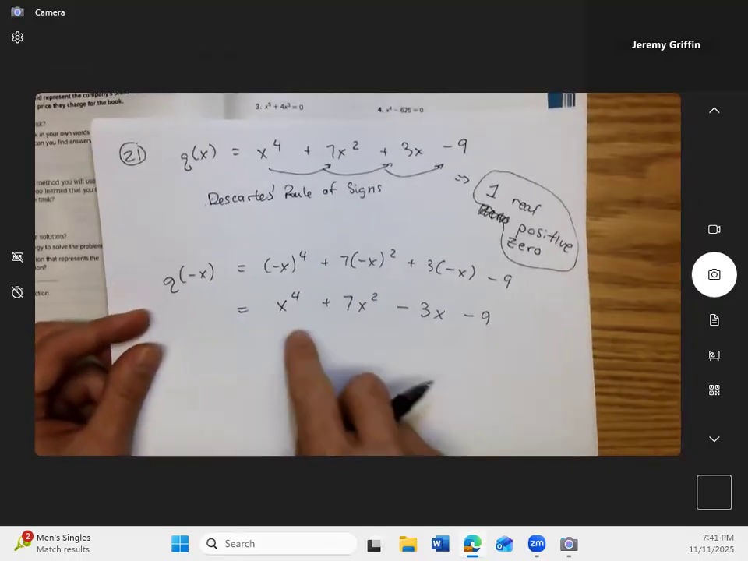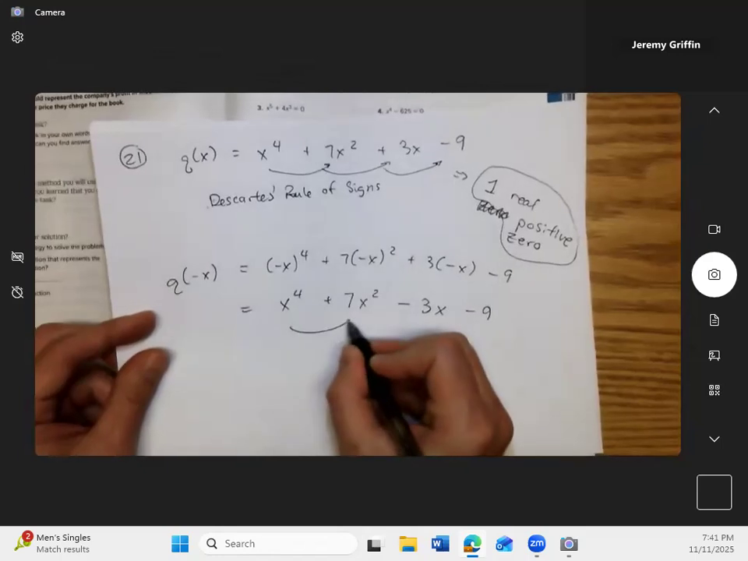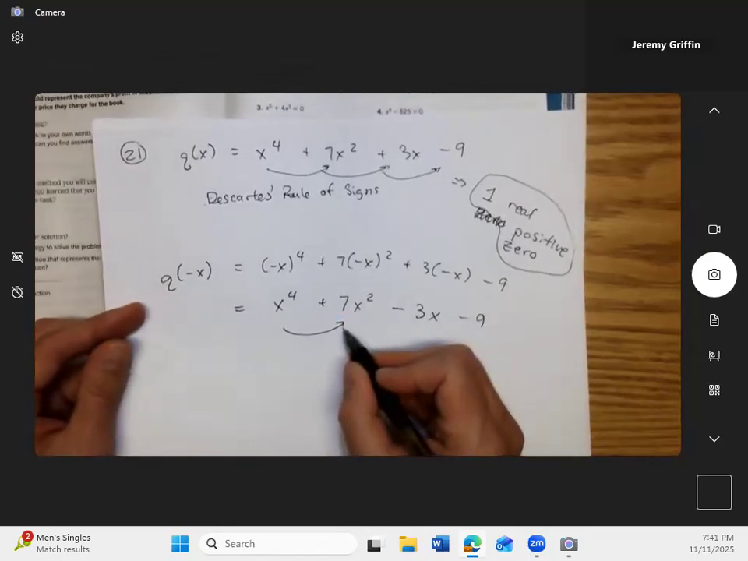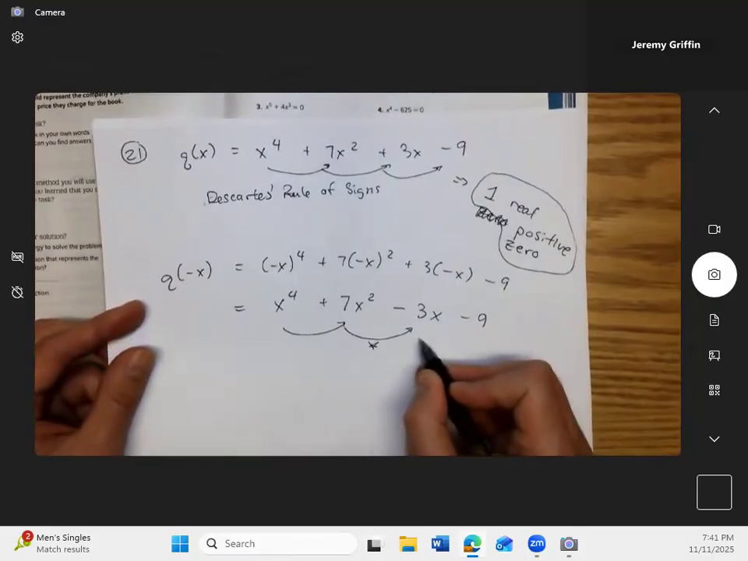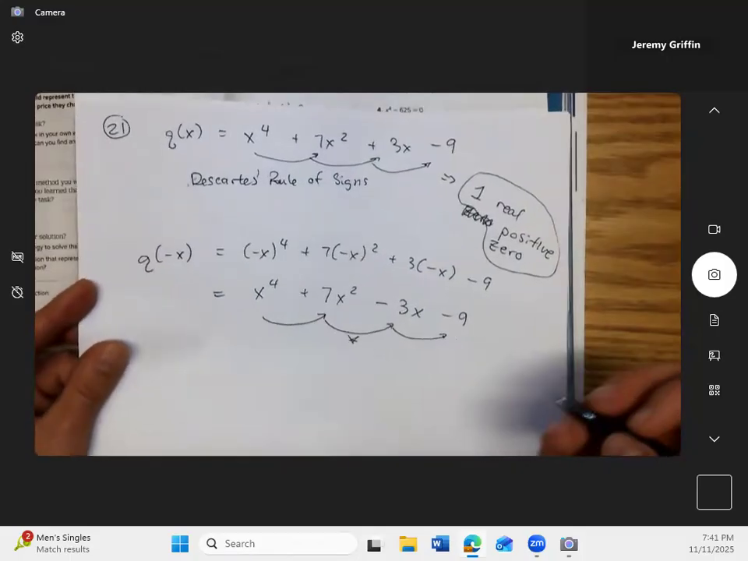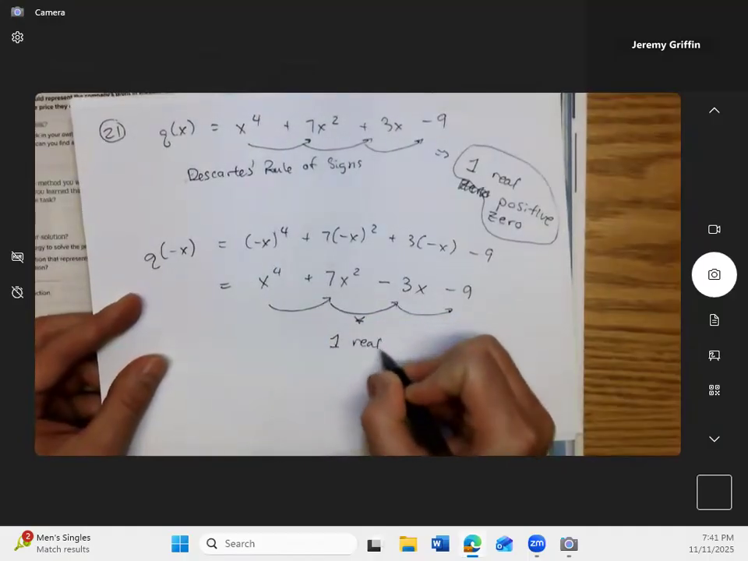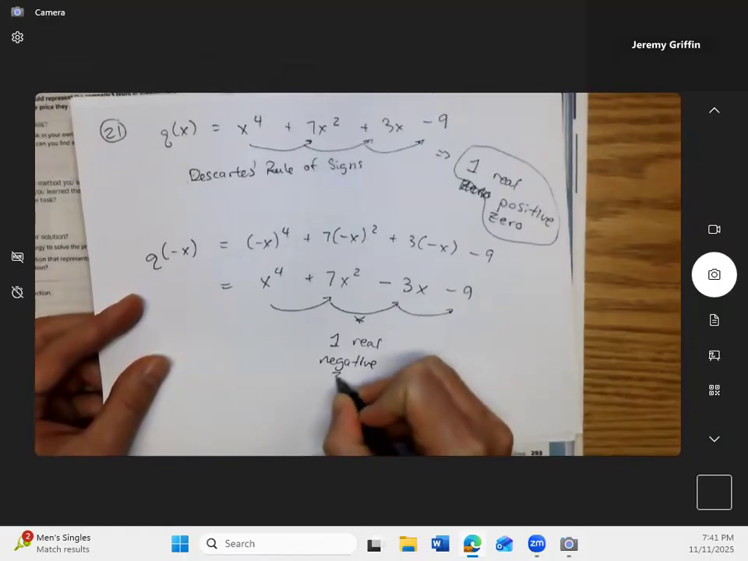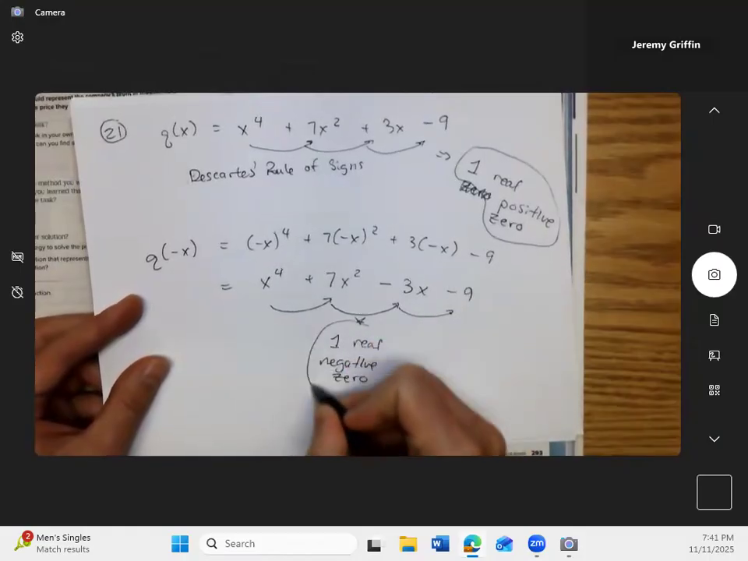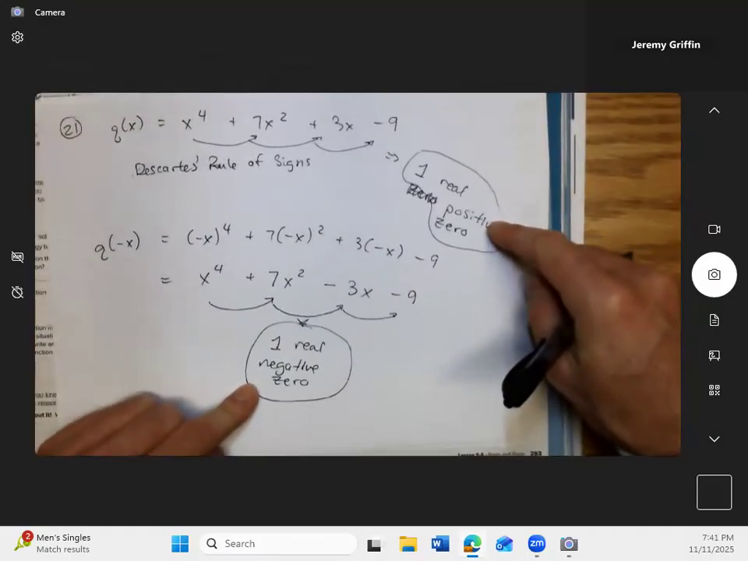Now let's hunt for sign changes from term to term. Positive stays the same. Positive to negative, bam, right there. Ding. And then negative, so nothing from there. But from this one right here, we're looking for one real negative zero from there. So one positive real zero, one negative real zero,